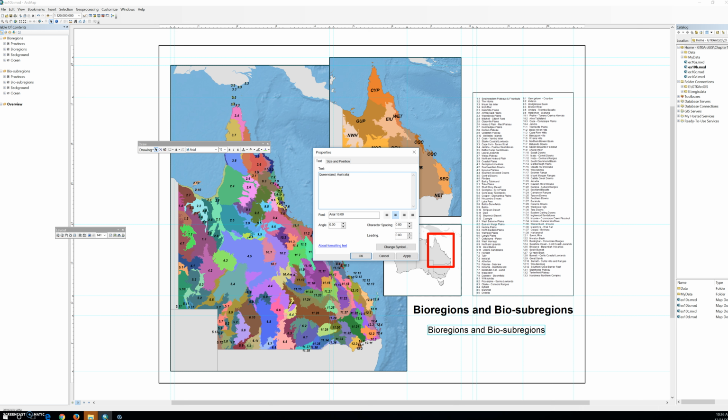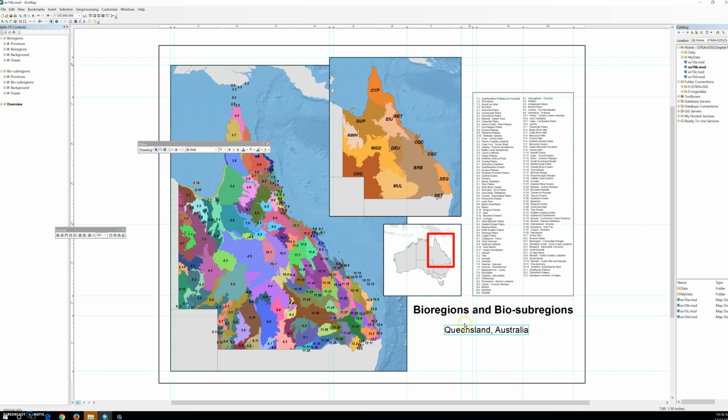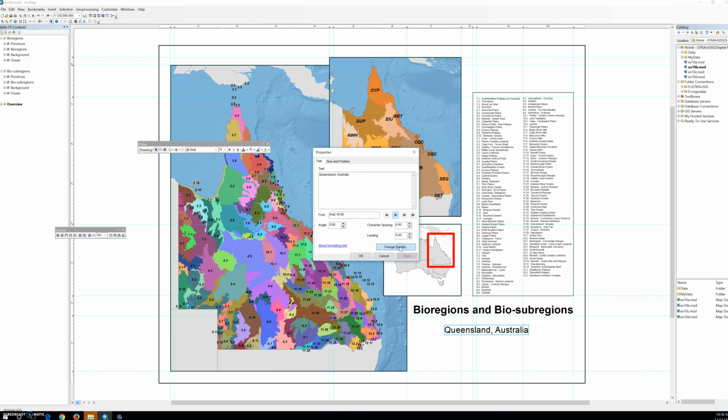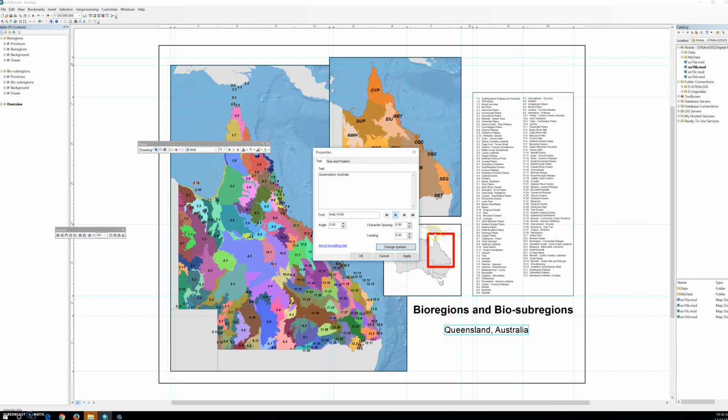Now next you will change the font and the style of the subtitle. So to do that, we can just double click it again and change symbols. In the symbol selector, as we said many times, change the font size to 14, and then we're going to click the italic. And we're going to hit OK, and hit OK. So first hit OK to close the symbol selector dialog box, and we're going to click OK to close the